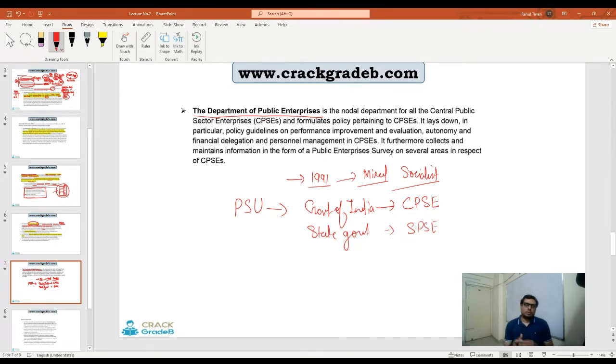Right. So there are two kinds of companies, but this Department of Public Enterprises is responsible for what? Responsible for CPSEs, CPSUs, right? Not for the state public sector enterprises. They come under the control of state government. But because